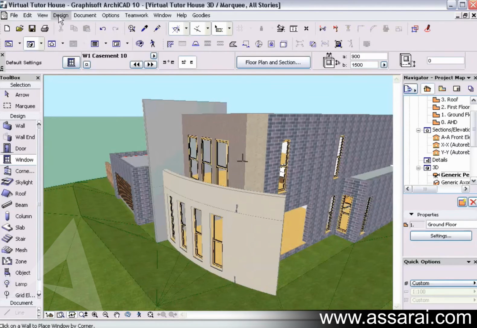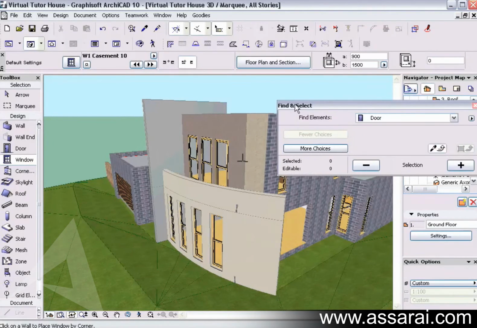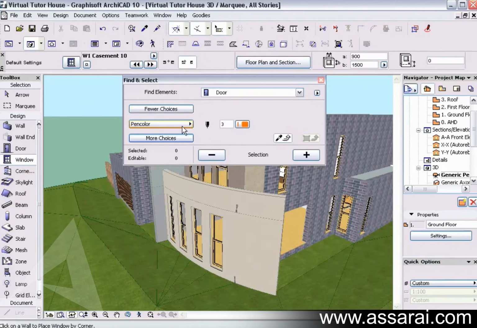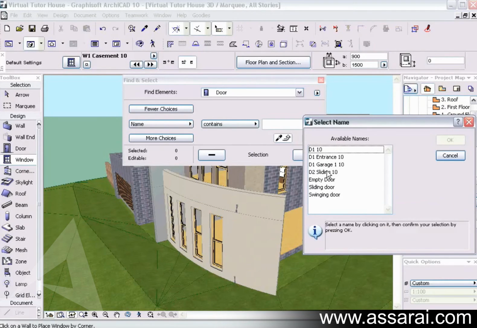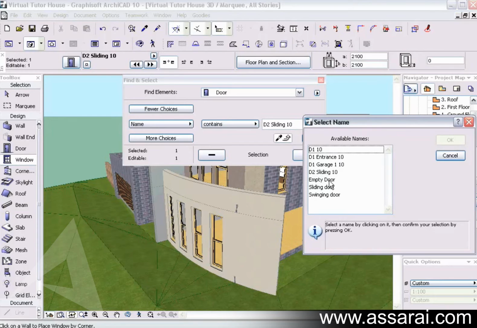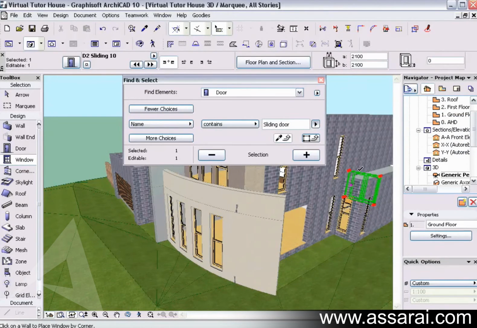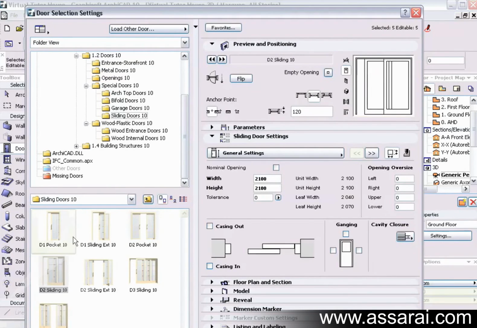We can also use the find and select command and look for something specific. All the doors that might be a sliding door, push OK, add that to the selection, and add that also to the selection, which allows us to grab all our sliding doors. And we open the door tool and select